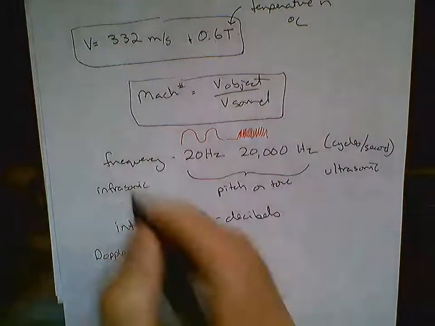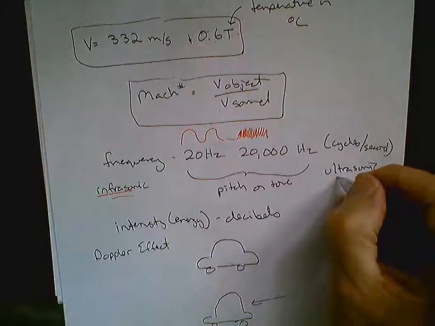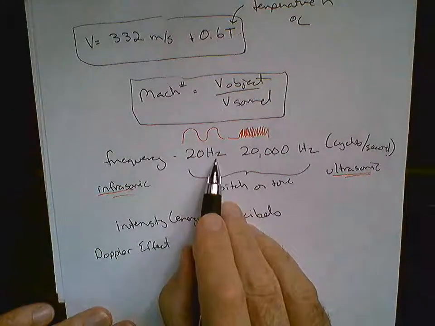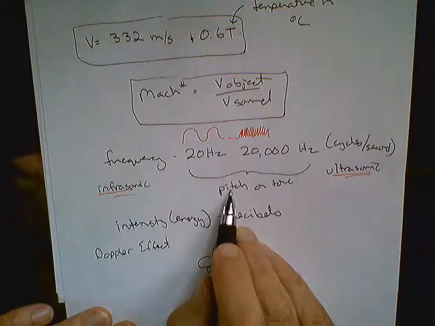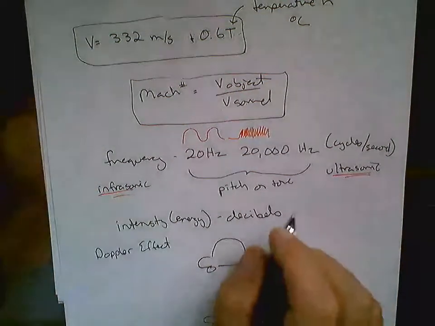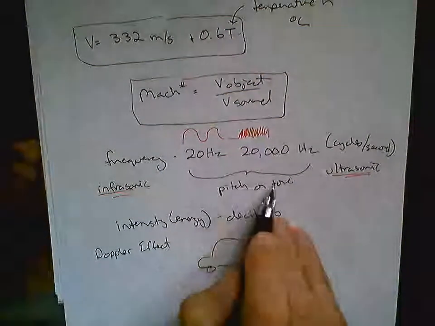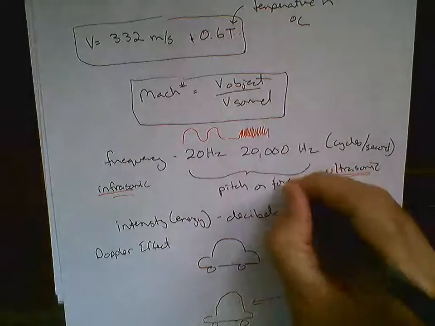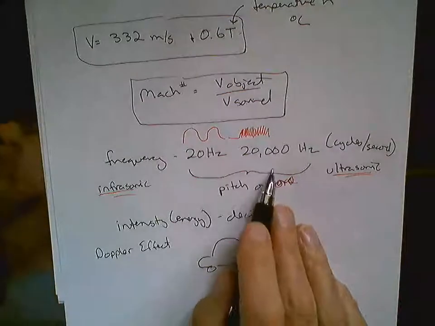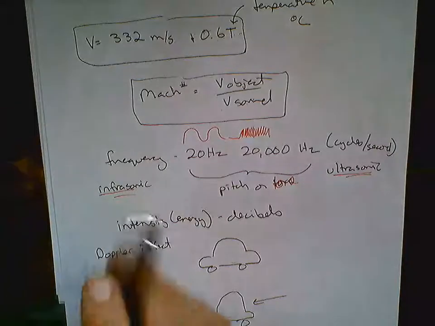Anything lower than 20 hertz is infrasonic, and we can't hear that. Anything higher than 20,000 hertz is ultrasonic, and we can't hear that. When you're talking about frequency, you're not talking about energy, you're talking about pitch or tone. So if you've heard the terms pitch or tone, if you're into music, you will know what I'm talking about in here. If not, you might have to look up what pitch and tone are and maybe a quick video on this. I know there's a couple of simulations that help you to take a look at this. I suggest that you do that.